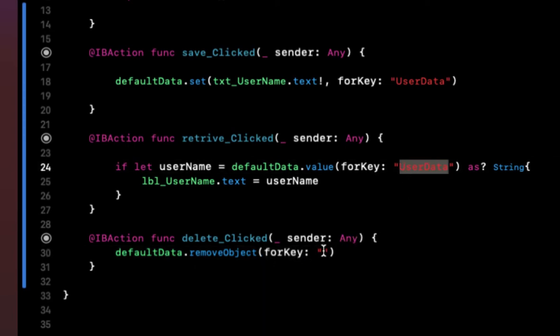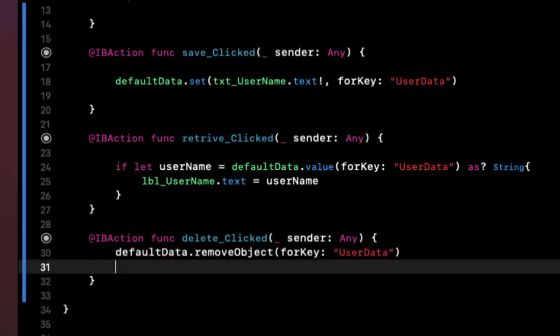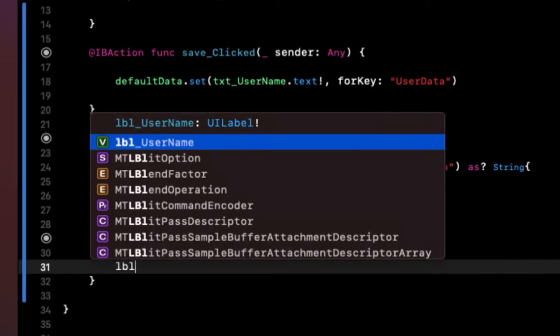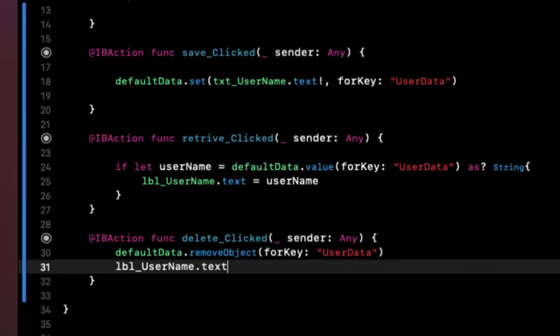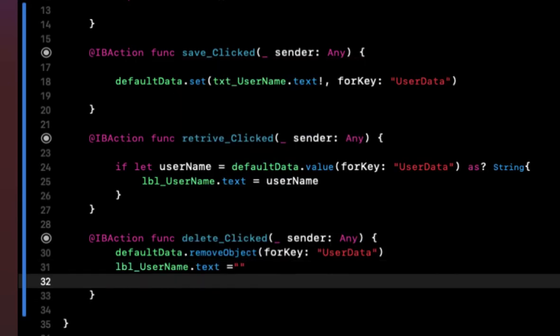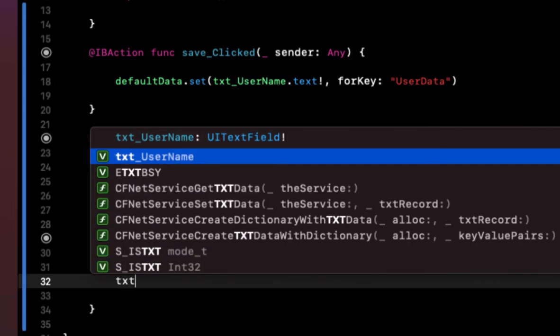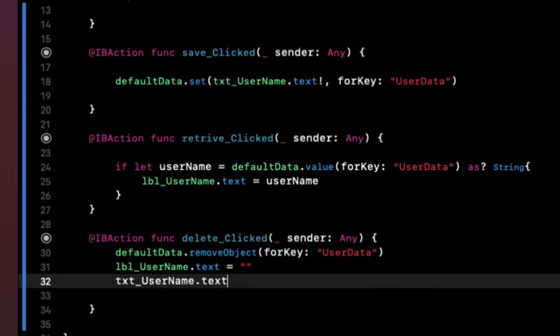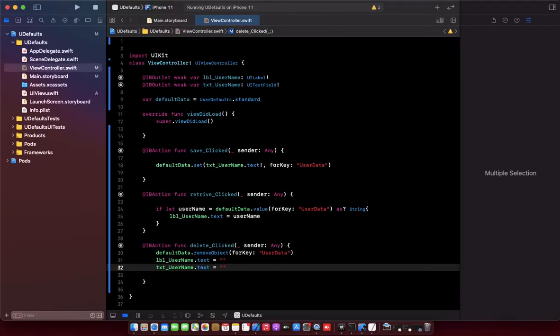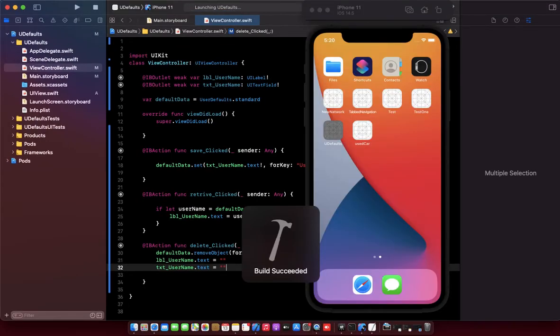In our case, our key is userData, and let's say the label username's text must be cleared, and the text field value also cleared. Let's run the project and see what changes happen.